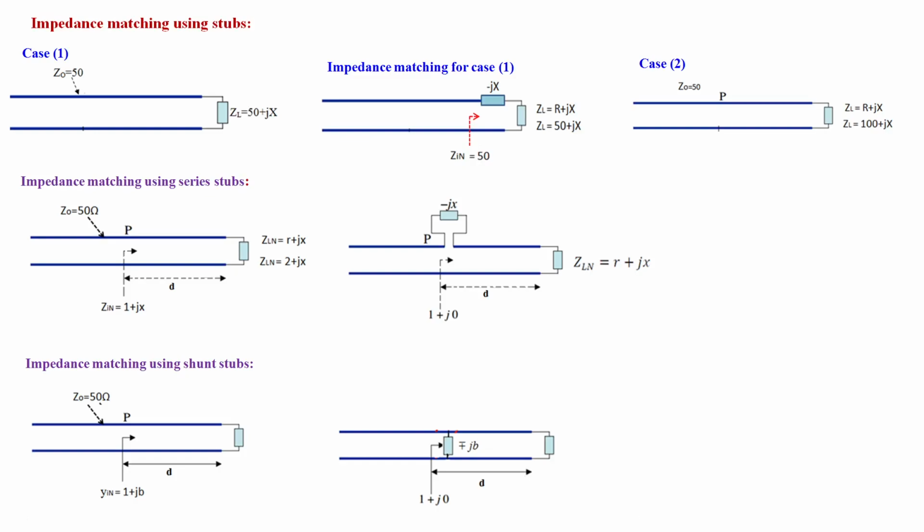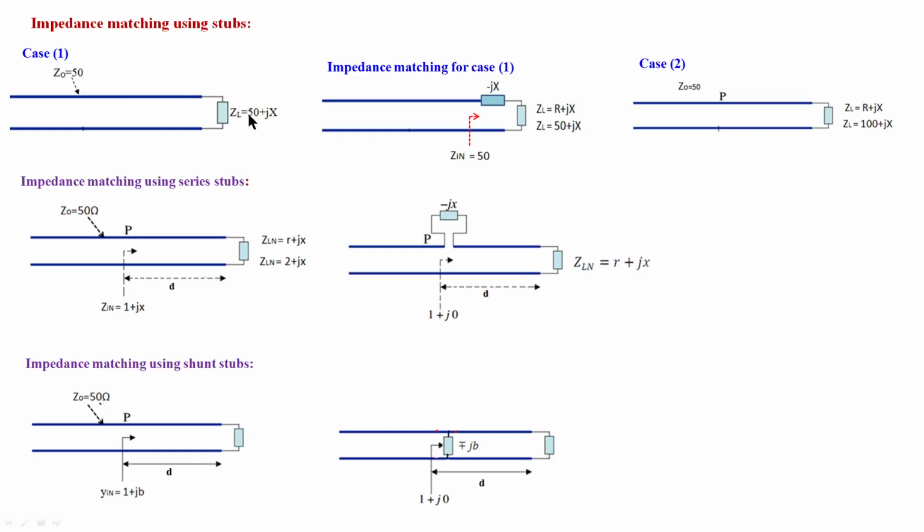In the previous class we were discussing how to use a stub to get impedance matching. Impedance matching means getting maximum power transfer, assuming the signal is coming from the source over the transmission line. Whenever a signal reaches the load point, there is a load connected at the end of this transmission line, which has a characteristic impedance of 50 ohm. If it is not matched, that means the load is not equal to this, then reflection will take place here.